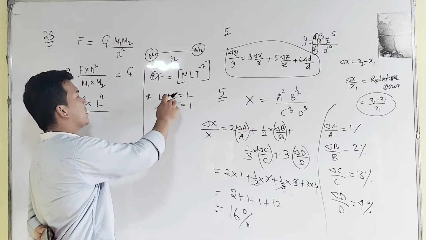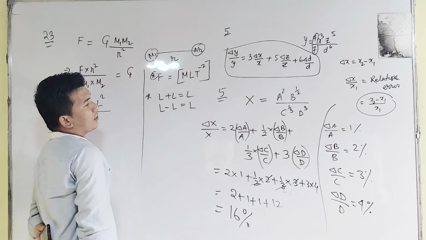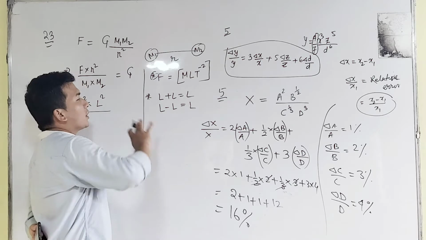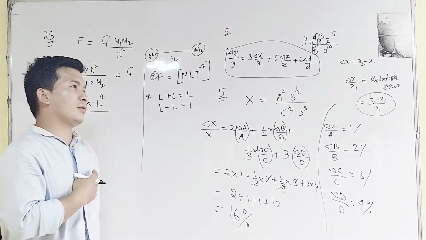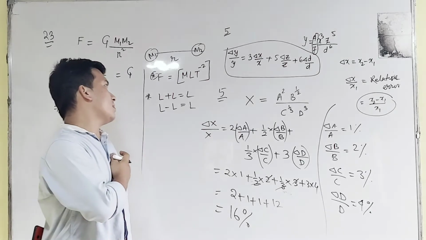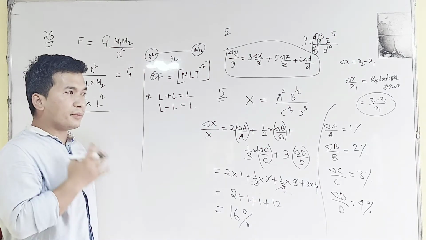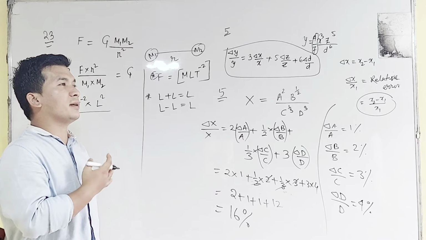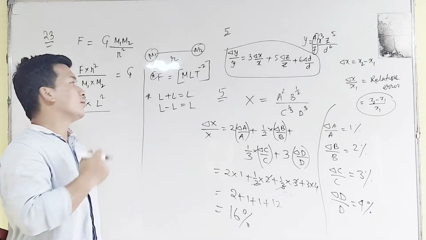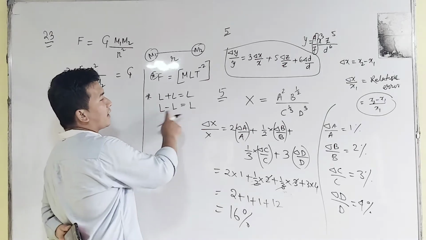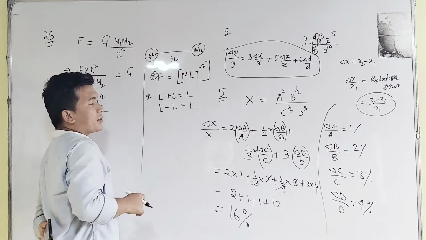Length minus length, left side is length, right side is length. L plus L equal to twice L would be wrong. L minus L equal to 0 would be wrong. We are not following algebraic calculation here, we are just using our dimensional equation. The dimensional equation simply gives us the concept of the same physical quantity on either side of the equation. This is only for subtraction and addition.